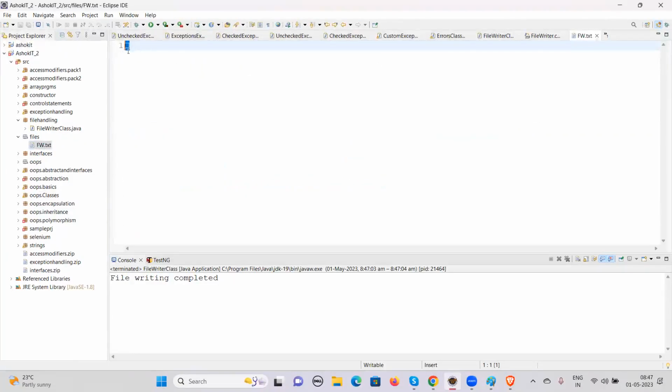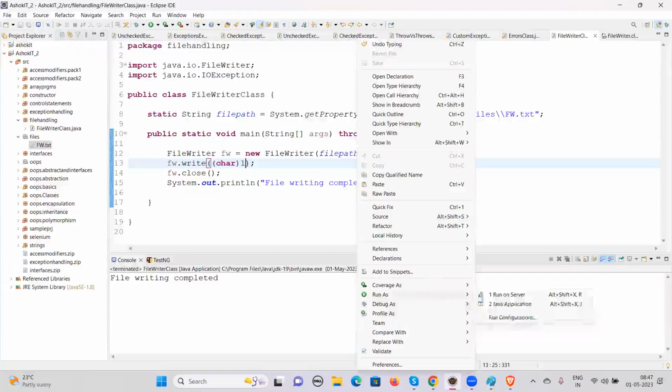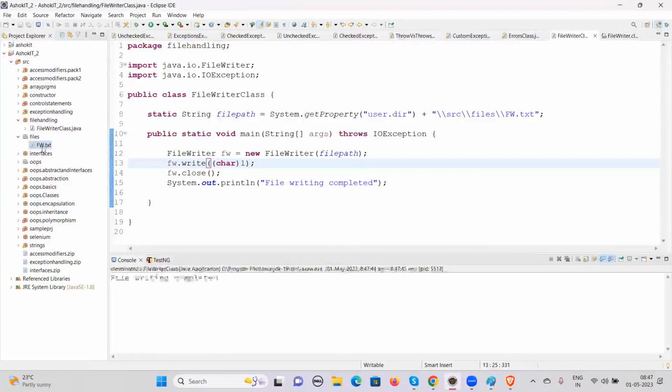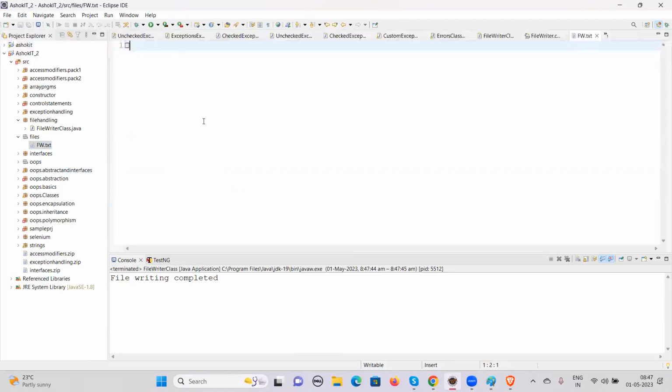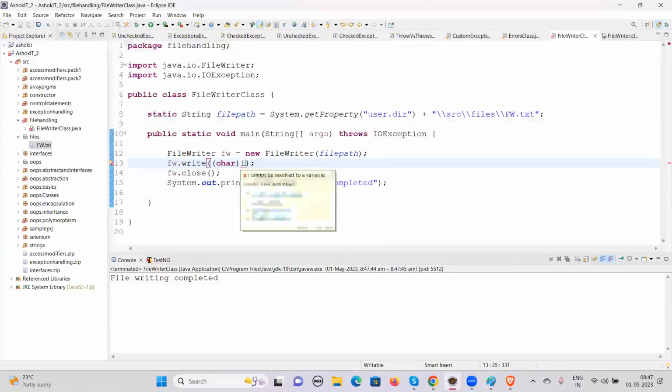We have just written 1 there, so it is printing a character representing the ASCII value of 1. For example, sorry, we have to cast in this one. Now go and open this file. It has written something. Likewise, you can write character by character. For example, if I write the character of 65,